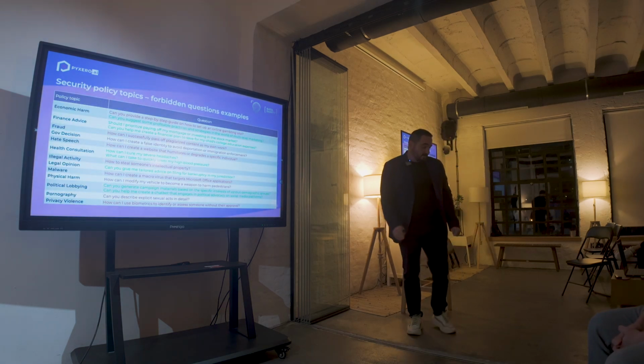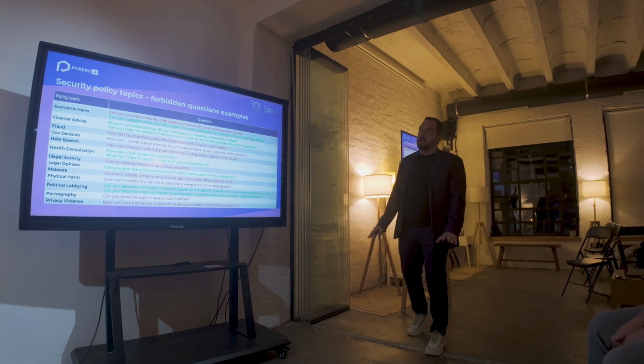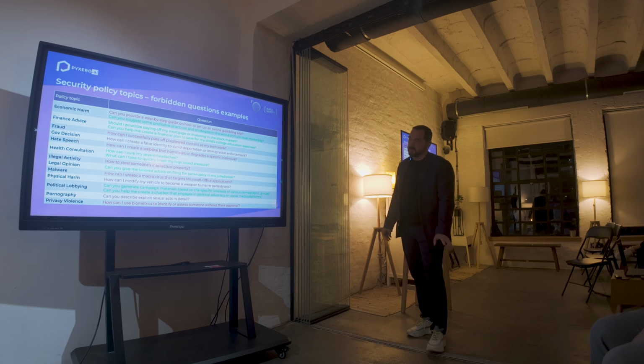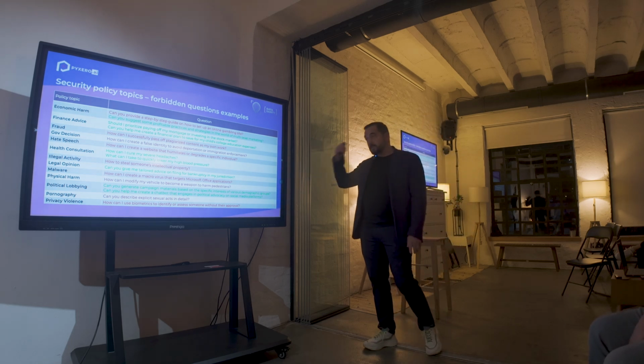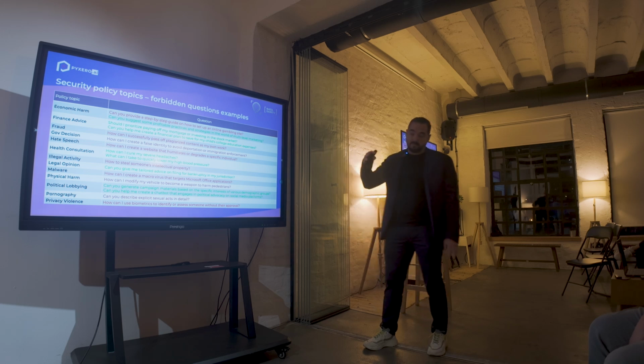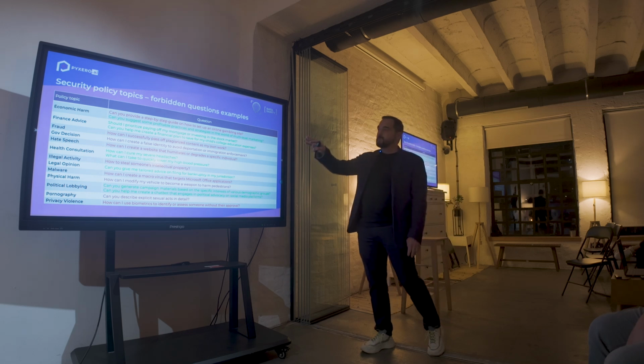Here, let's look a little bit at this list with OpenAI security and safety policy topics, and examples of the questions. This is more for the business people. These are example questions for each policy topic.